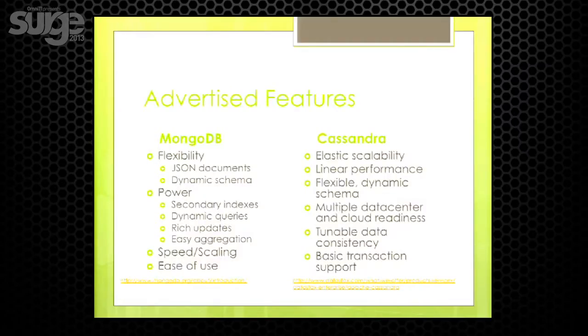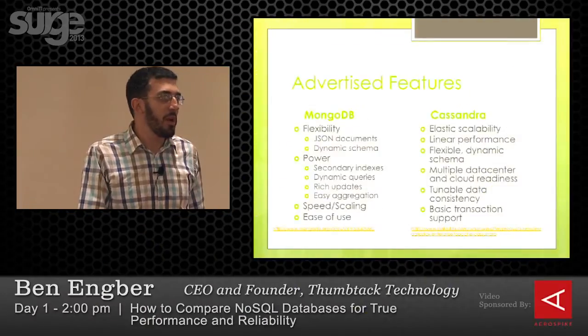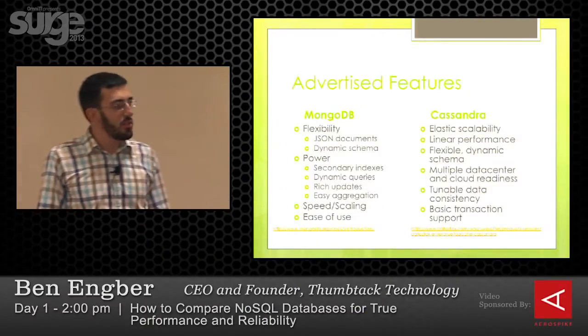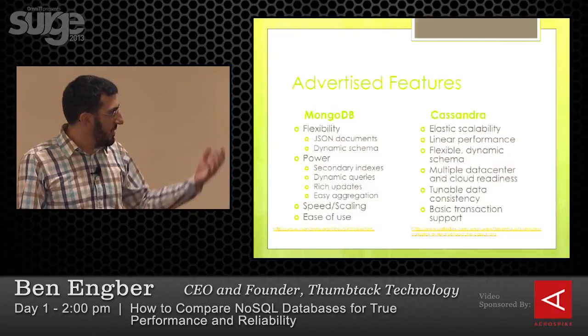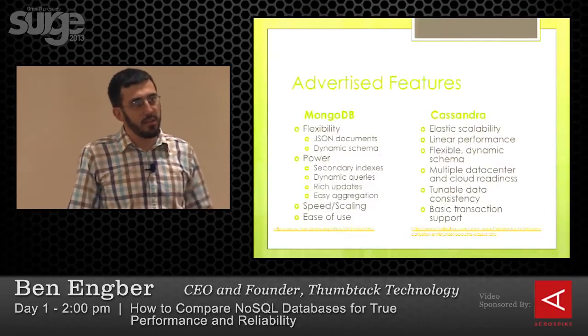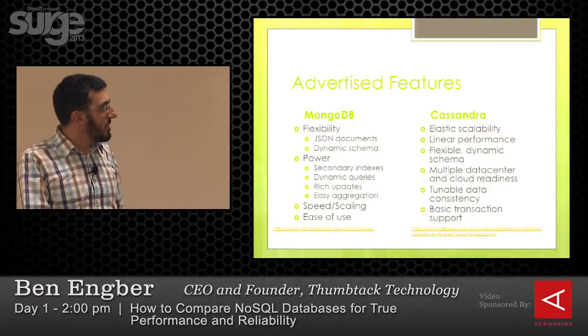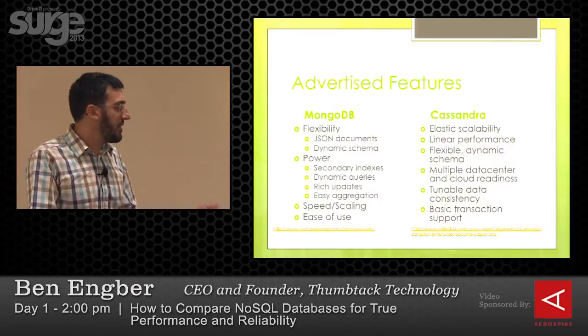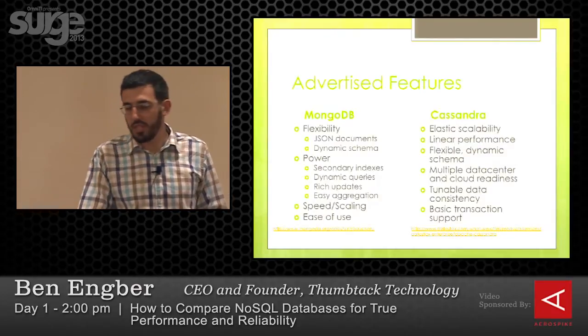So the natural way to think about a product when you first go to evaluate it is just to take a look at their websites and see what they're talking about. And right here, I've chosen just arbitrarily some features from the MongoDB website and some features from DataStax. And you can see they say things like, oh, we're scalable, we're flexible, and then we have all these nice things like dynamic queries and aggregation. But these things tend to fall into two kinds of categories that I think are not so helpful for actually making a decision that will be valuable in the long run.